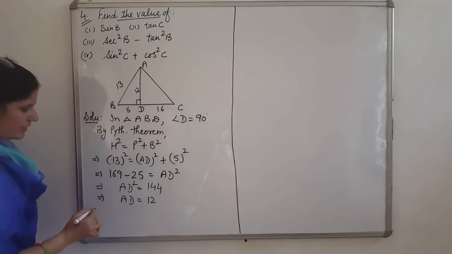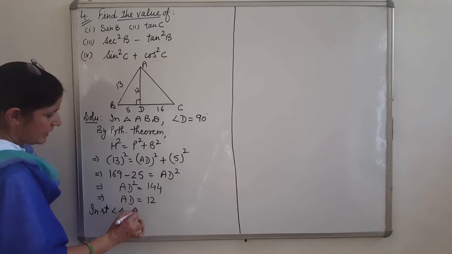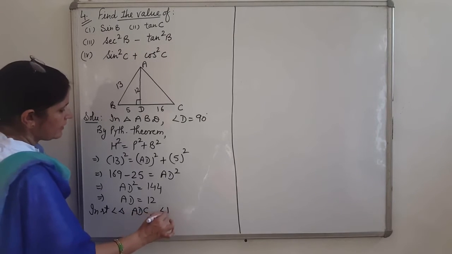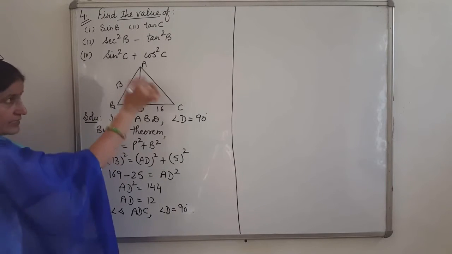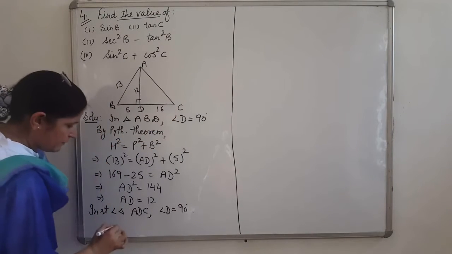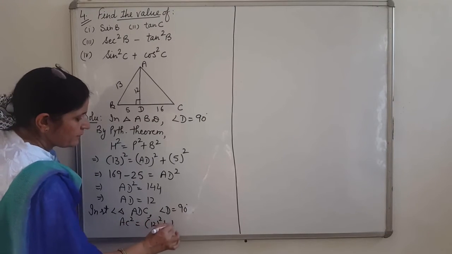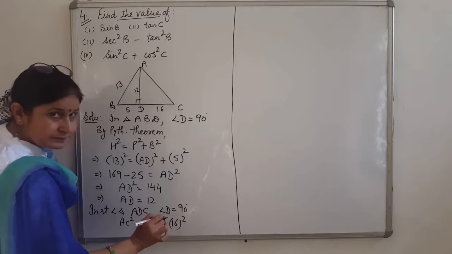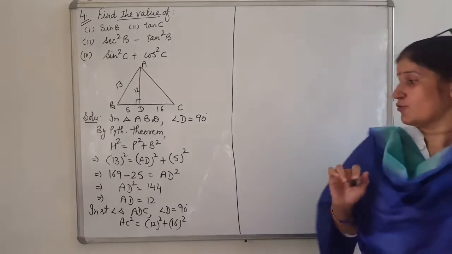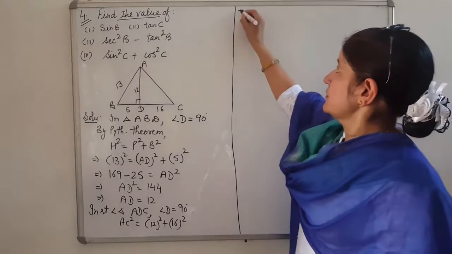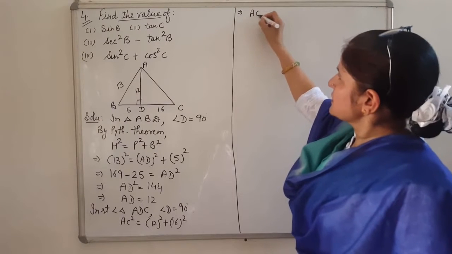Now we'll take another triangle. In the right angle triangle ADC, angle D is 90. Therefore, AC square, now the hypotenuse is AC. So AC square equals 12 square plus 16 square. Now what is the square of 12? 144. You need to learn this, at least till 25 or 30. AC square